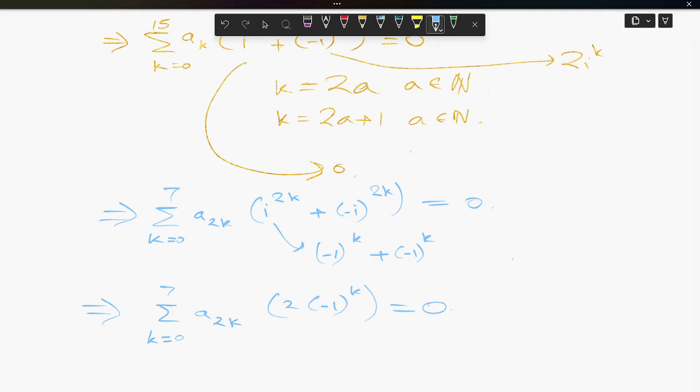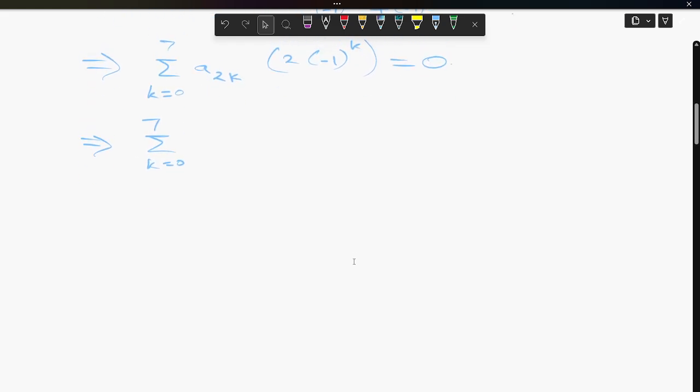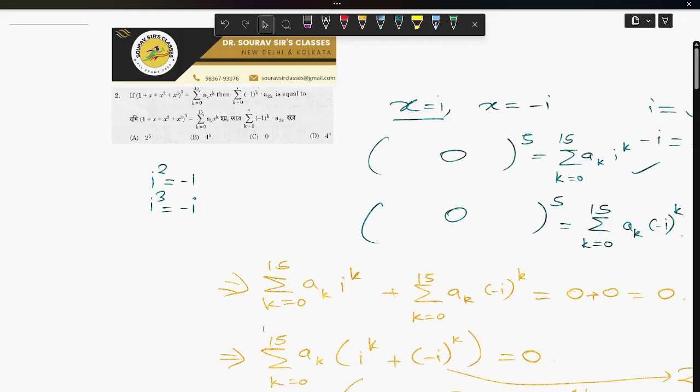So we can remove the 2. Finally we are getting this. So our answer will be